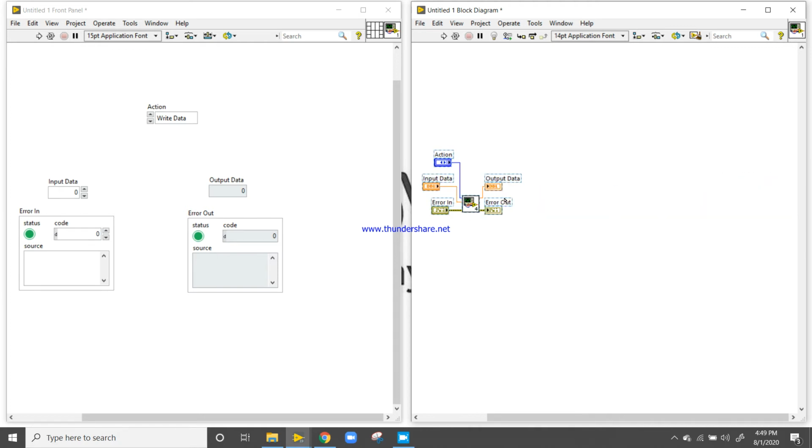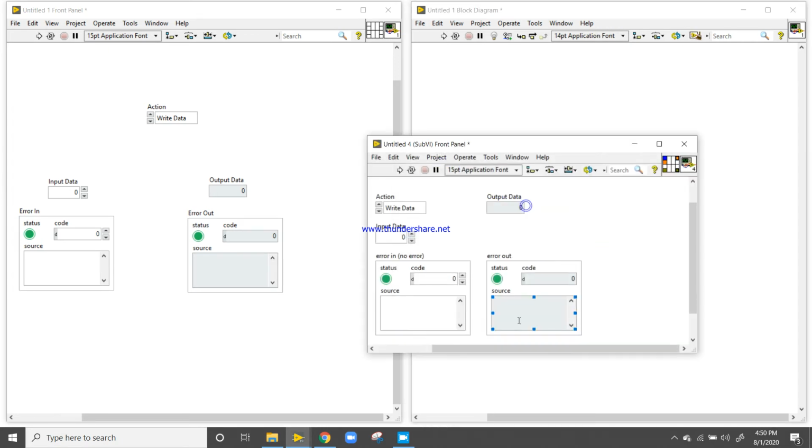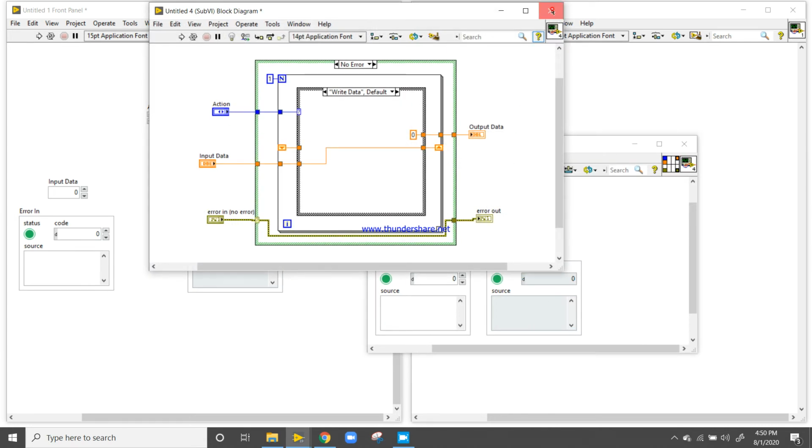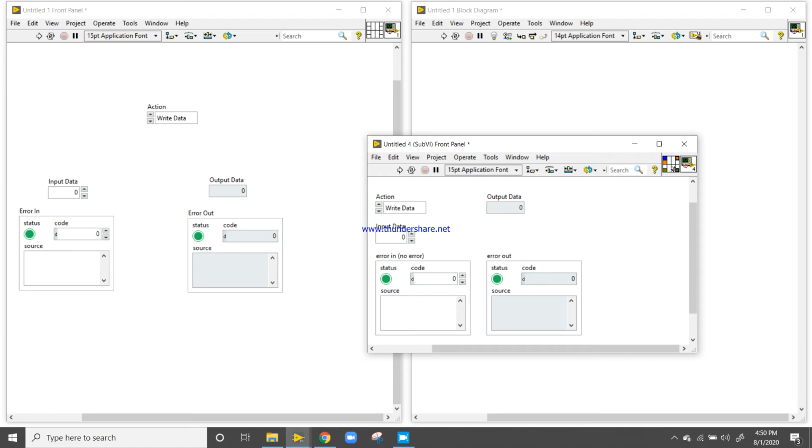Control A, Control U. Let's drag it. Okay, so now double click and open. Right click this one, disconnect. Okay, 4 by 2 by 2 by 4 is the best way. It's the best way.